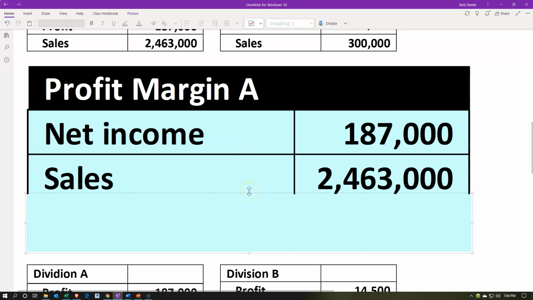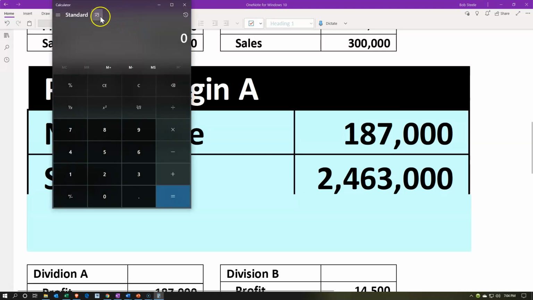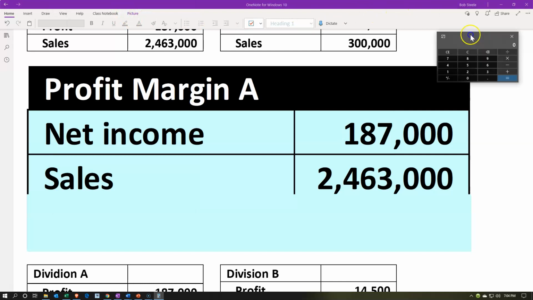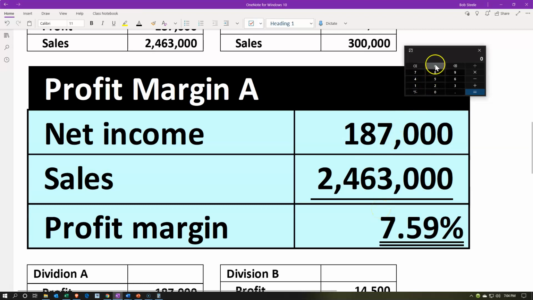Then we've got the top line of the income statement, which is revenue. Remember that the goal of the income statement is revenue generation. So the top line of the income statement, revenue, represents why we have everything else on the income statement, which are all expenses. We're expending something, we're consuming something in order to generate the revenue. So then we're going to compare those two, and we're going to say, all right, if we take the 187,000 divided by the 2,463,000, we're going to get